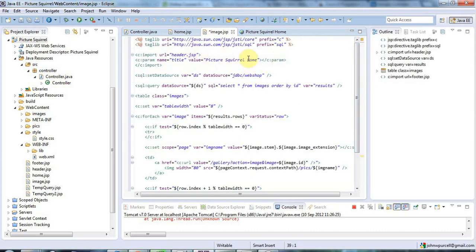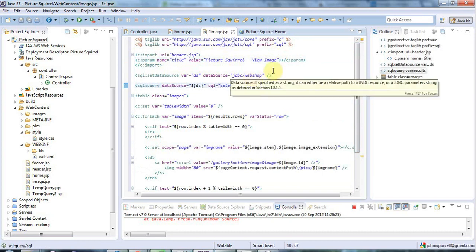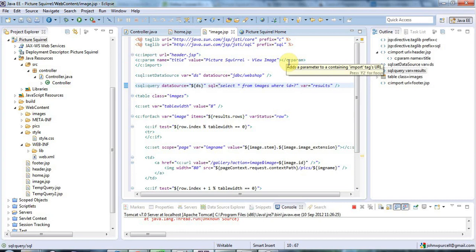And let's just go down through this and modify it. I'm going to set the title in my header using this parameter that I set up in an earlier tutorial. I'm going to set the title to view image here, picture squirrel view image, and here I'm setting the JDBC source and the SQL query. I'm going to get rid of the ordering, and I'm going to say select star from images where ID equals question mark. And question mark here is a wildcard, exactly the same as the JDBC wildcards that we saw in an earlier tutorial,